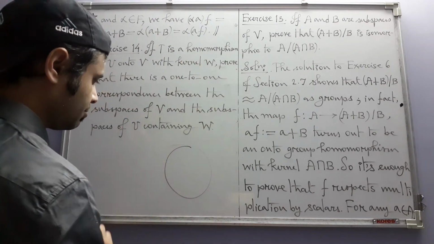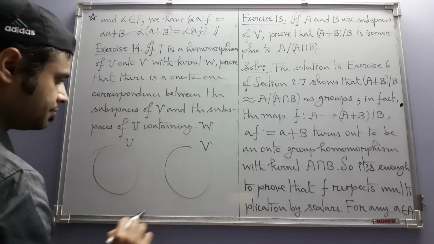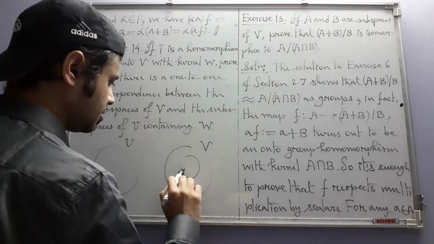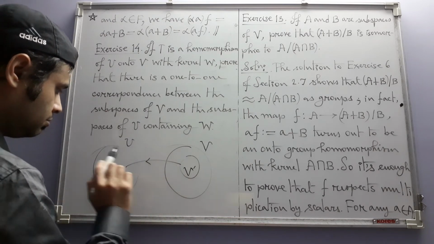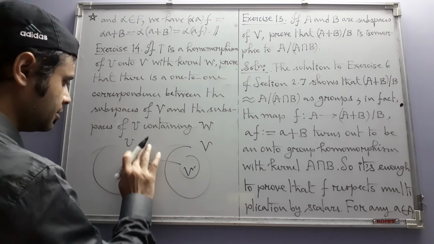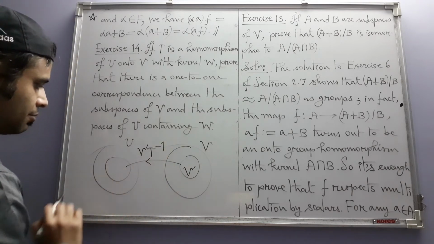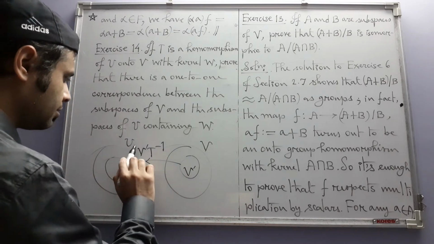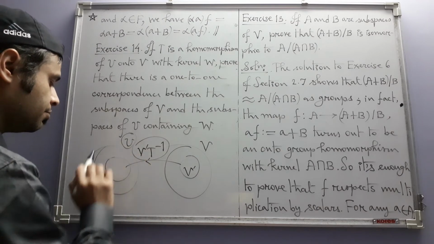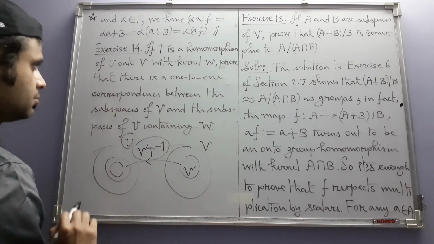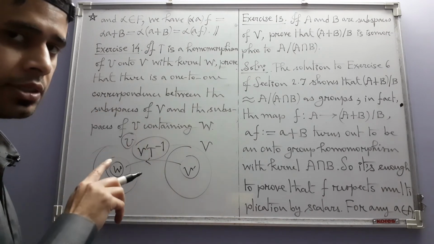On this side you have V, on this side you have U. You take a subspace, say V prime of V, and you look at the inverse image of V prime under T. That will be some set here. Prove that this is a subspace of U that contains this kernel W, and then proceed accordingly like how you proceeded in case of groups